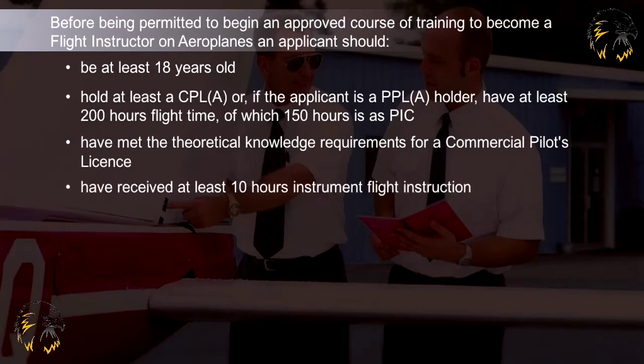have met the theoretical knowledge requirements for a commercial pilot's license or higher level of license, have received at least 10 hours instrument flight instruction, of which not more than 5 hours may be instrument ground time in a flight navigation procedures trainer or flight simulator, have passed a specific pre-entry flight test within the